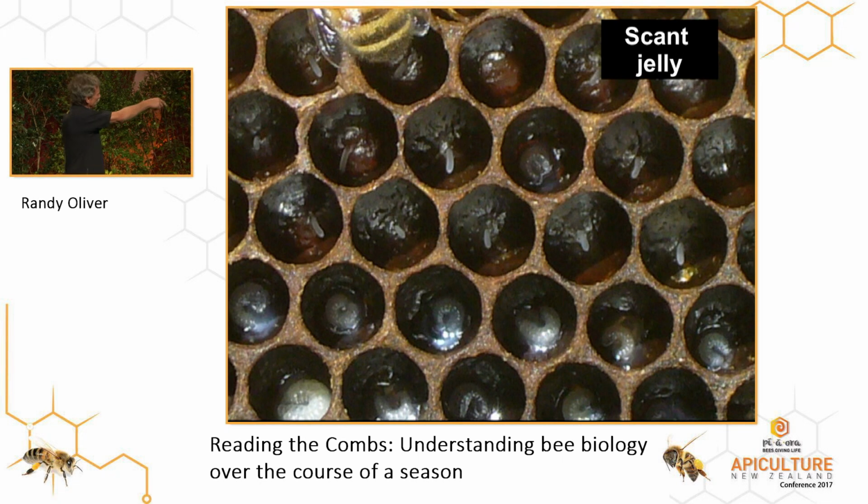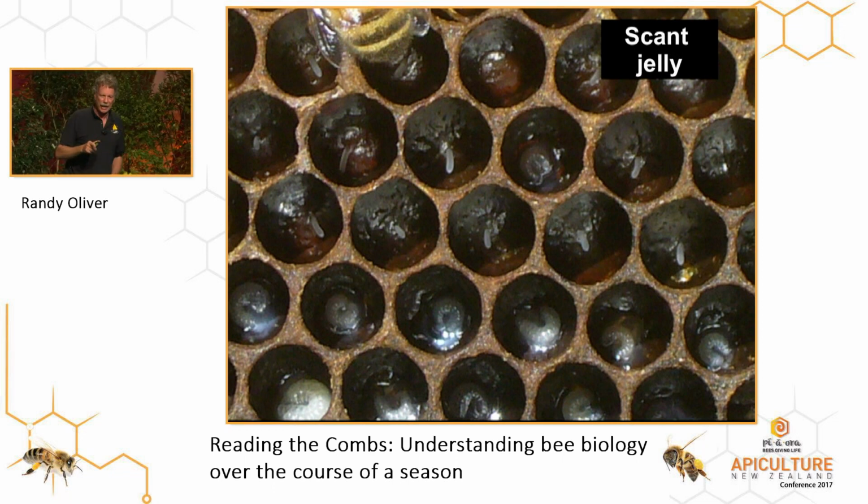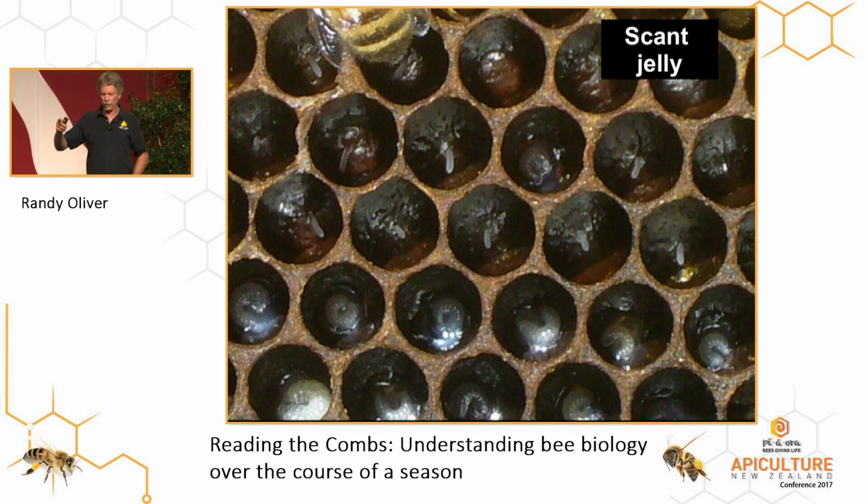Here's the colony, here's the eggs. You see the larvae hatching? Barely, little tiny dab, little tiny meals of jelly, not enough to swim around in. So this colony is under nutritional stress. You all got this? Can you see the pictures? That may be the most valuable thing I can show you. This is the first thing we look for every single time we open a hive. We want to do a nutritional assessment of that hive, and that will tell us whether we need to move the bees to a better location, whether they're going to be fine, or whether we need to do supplemental feeding on them.